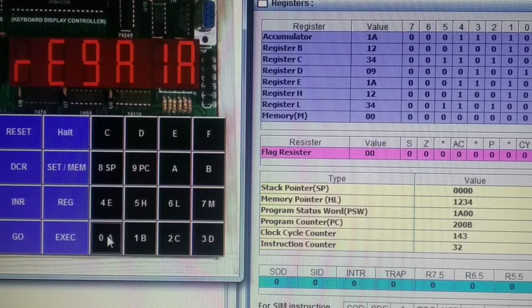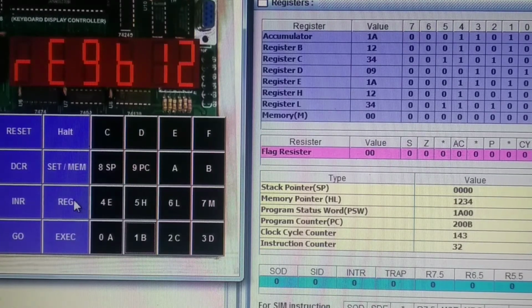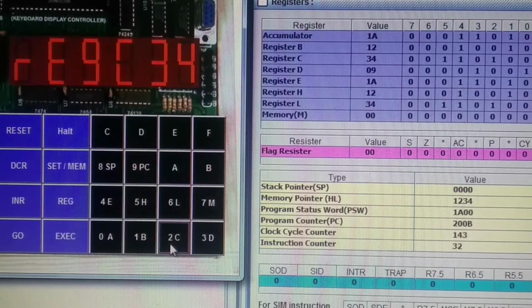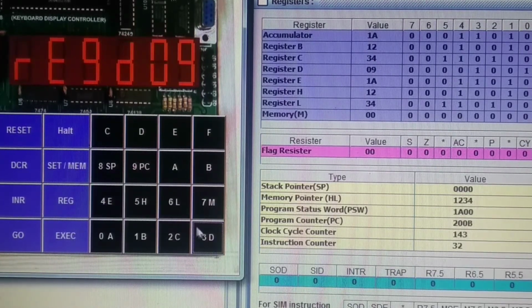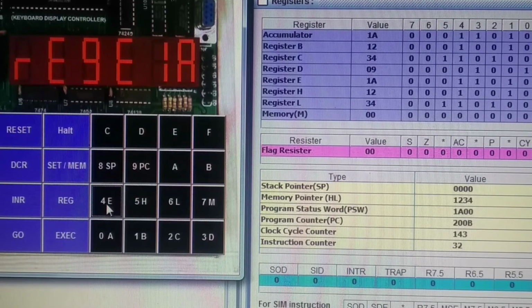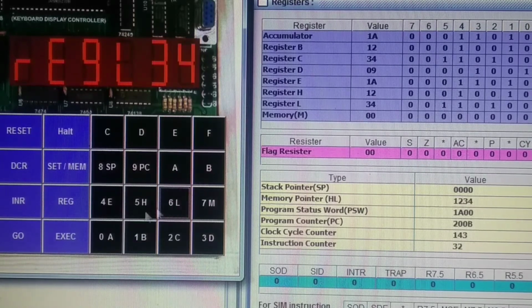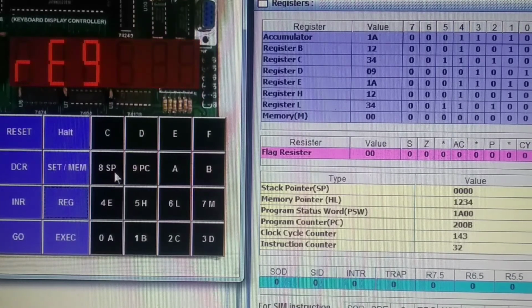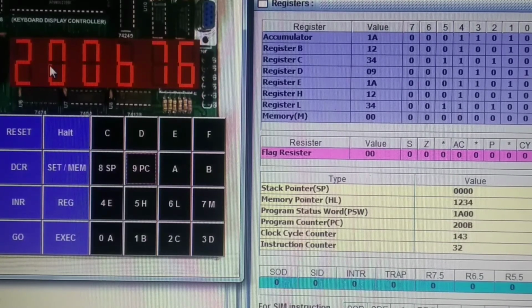Register A 1A, register B 12, register C 34. BC represents 1234 and it is divided by 2. It is stored in DE register pair. Register D 09, register E 1A, register H 12, register L 34, register M memory 00, stack pointer 00 and program counter 200B.